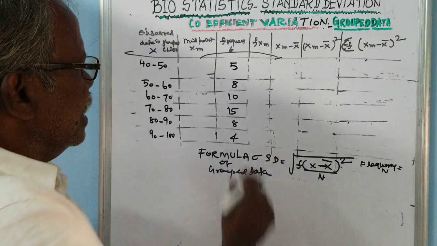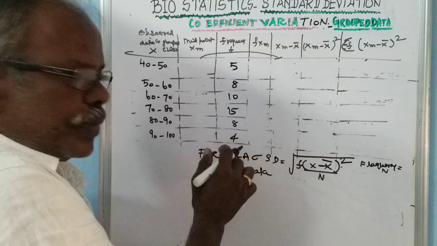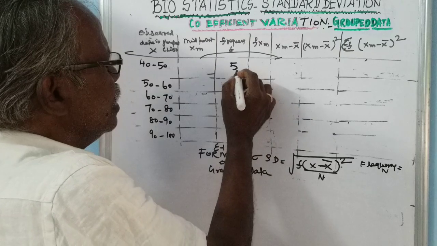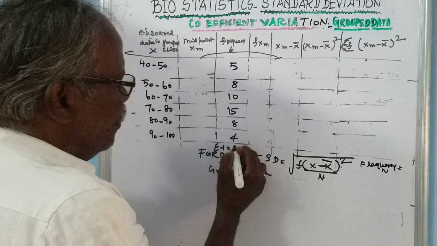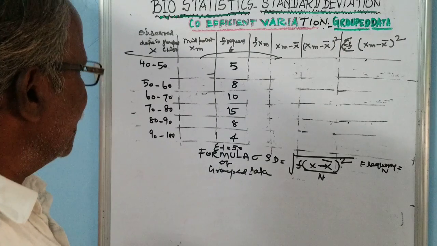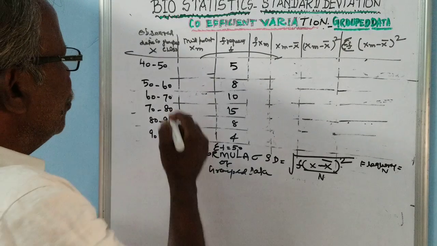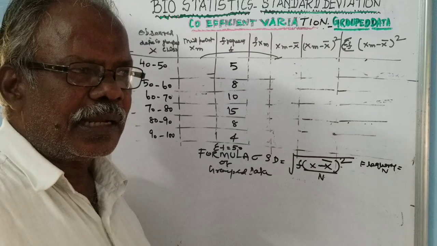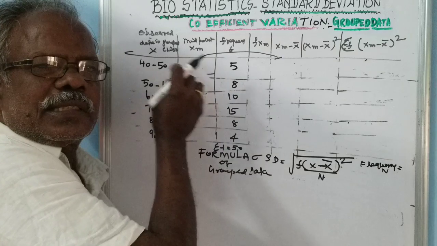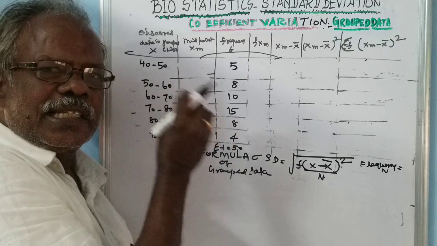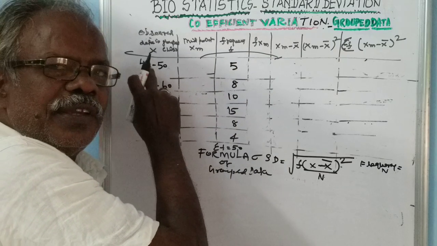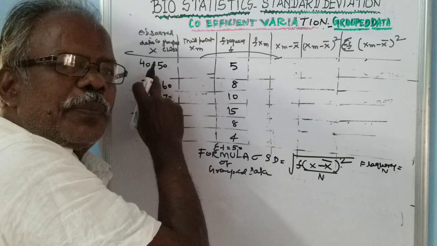Now the frequencies are to be summed up, that is, the sum of f is equal to 50. By adding all these, the frequency comes to 50. Then, in grouped data, if it is a single value, say 40 grams, that is discrete data, then we can multiply it directly. But here we have to calculate the midpoint.